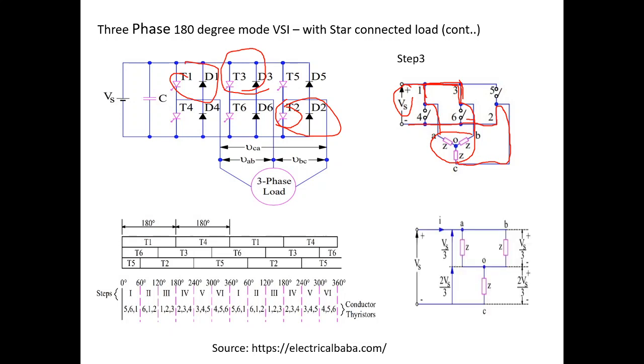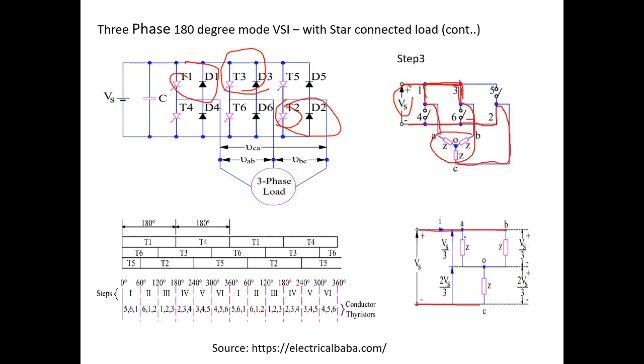Redraw the equivalent circuit diagram. A phase is connected to the positive terminal and B phase is also connected to the positive terminal, both are shorted. C phase is connected to the negative terminal of the input voltage source. Between A phase, B phase and C phase, we have a star connected balanced load, right? So applying network laws, again you can find out the phase voltages and line voltages. One can do it easily applying simple network analysis.